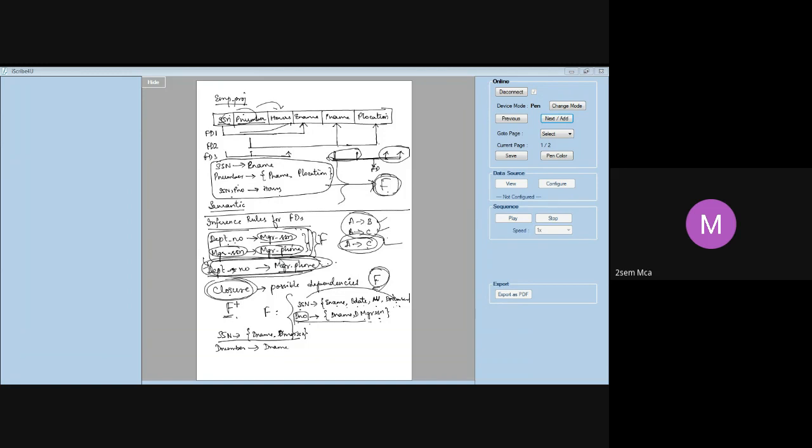I can still write one more like this. If I have a supervisor and a supervisee, given this SSN, I can also find out the MGR SSN. These are all inferred dependencies from here. I don't have to state them explicitly. Once I give these two, I can know all these also. This whole set, I call it the closure. This is my F. These are all my dependencies which I inferred from F. So this whole thing, I will call closure, F plus.